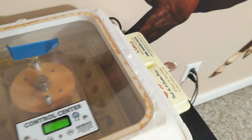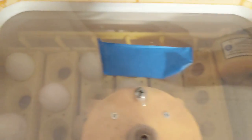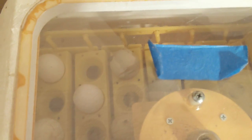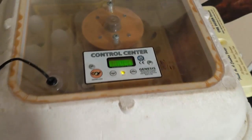And you can kind of see in here, there's a turning mechanism that turns the eggs throughout the day so that we don't manually have to turn them. The eggs would otherwise need to be turned every few hours, and that sort of reduces the amount of time that we have to open the lid of the incubator, because as I will show you here